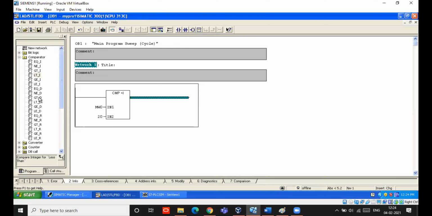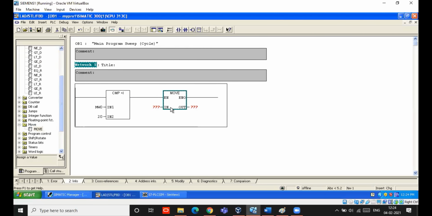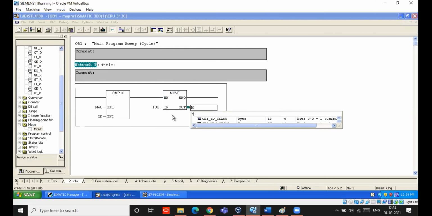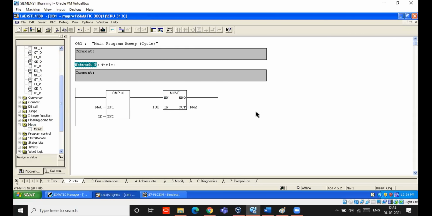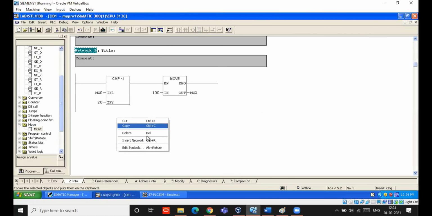So next I have to connect this to a move block. So in move block, I have to move, for example, for 20, 100 should be moved to the analog output. So this is the first line.